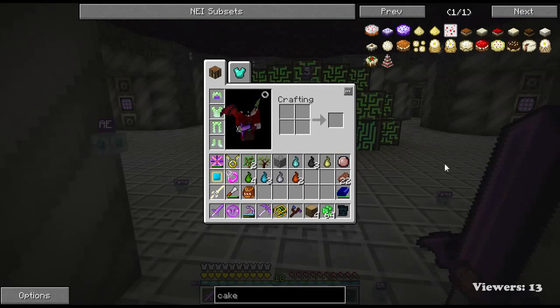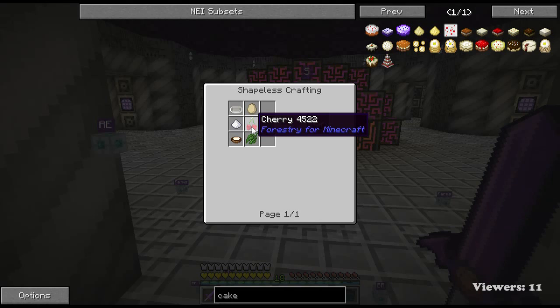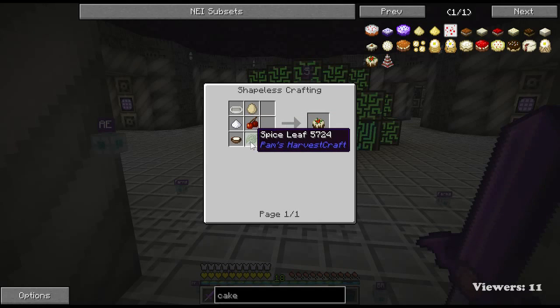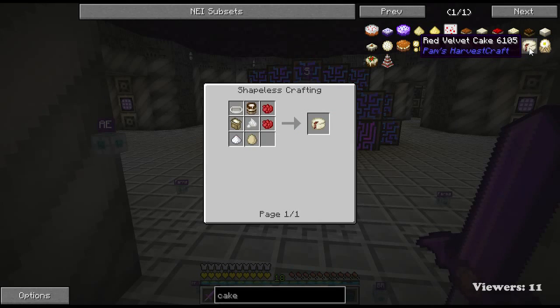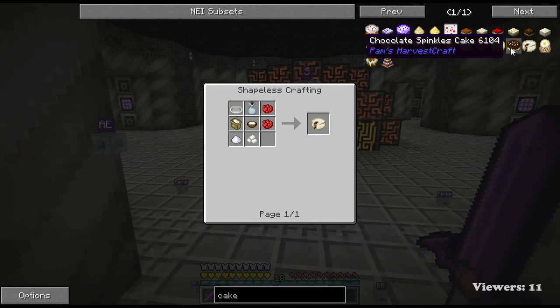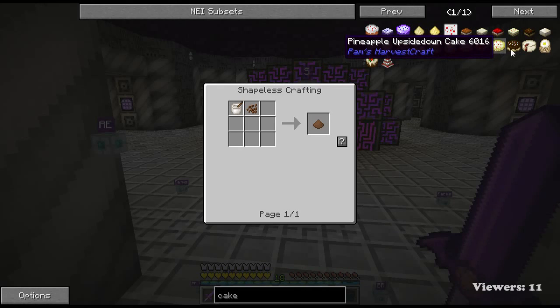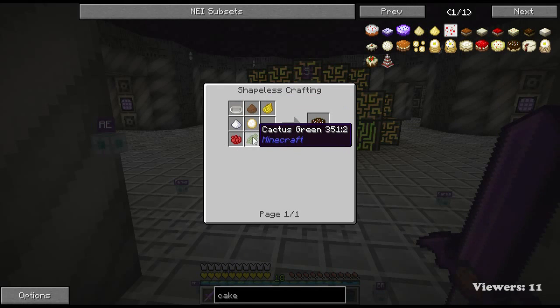And so here's the cakes we have to choose from. Good amount. Holiday cake. Cherries. We don't have any cherries yet. Spice leaf. Heavy cream. Red velvet cake. Takes a little bit of red. Lots of milk and heavy cream. And soy. Firm tofu. Lots of stuff for that. Chocolate sprinkles is, oh my goodness, okay. Cocoa powder, man, can't do that because we don't have cocoa beans. I was about to say that would be an easy one if it was like,